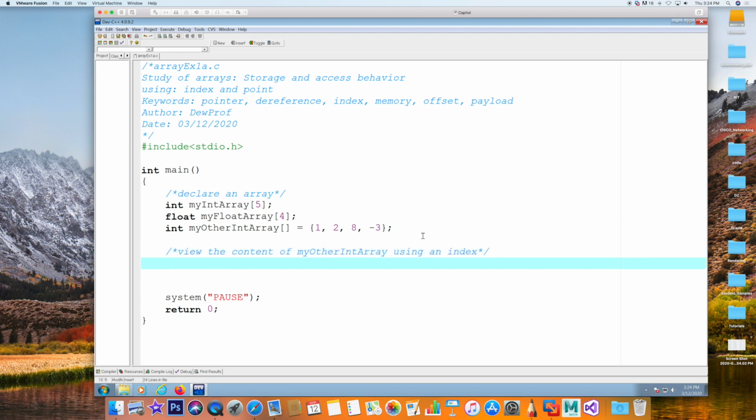Okay? So I could do something like this. You could do printf, and you could say something like this, my other int array, and then you could put something maybe